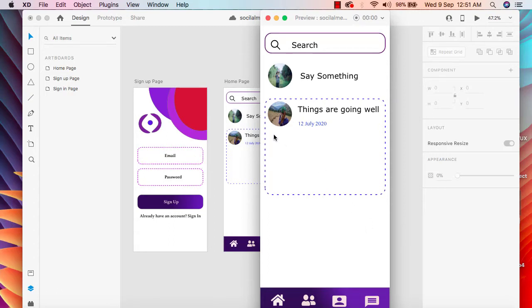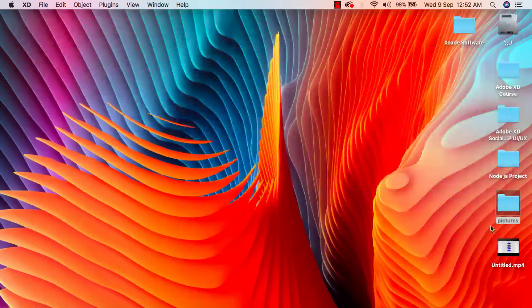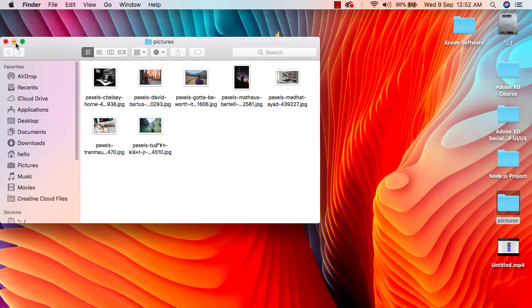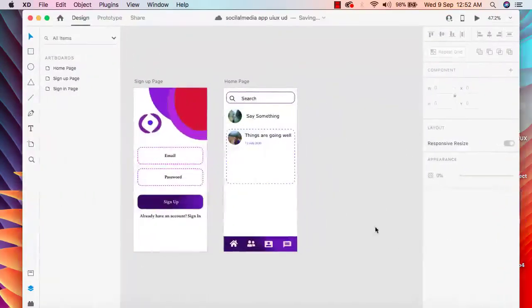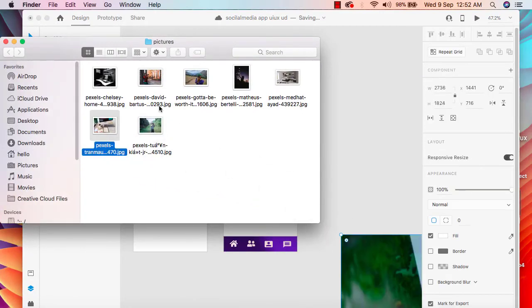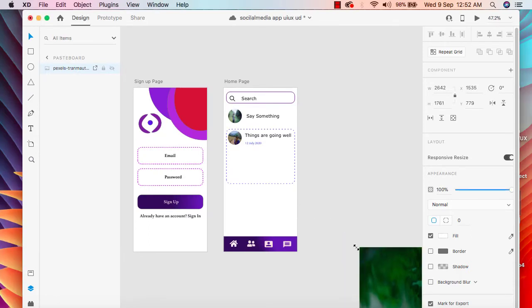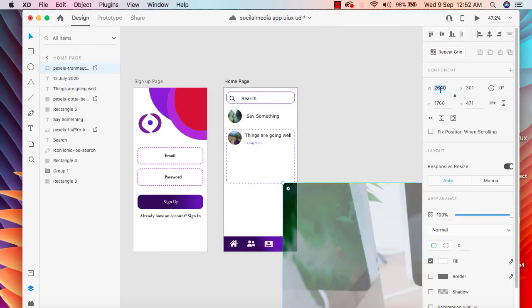And now in here we need to add our image, and then we should have a text, like 1 or 2 lines of text. Then we will add this icon. So for that we need to add one more image here. So I'm gonna add the image folder here, and then we can drag the image. So we can simply drag this image here, and at the same time we need to decrease the height and width of this image. So first, let me unlock it, and we can add